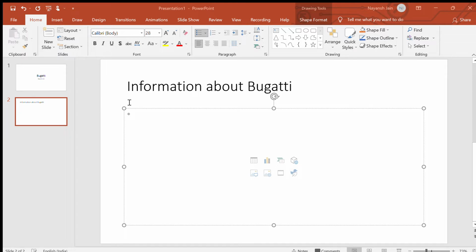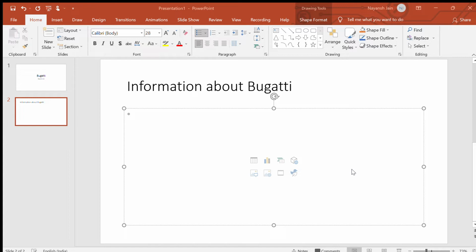Bugatti was a German, then French car manufacturer of high performance automobiles. So we will go on this. Let's go to Bugatti Wikipedia, and as you can see, much information came here. Let's take the first one only for an example. You need to select it, double click and scroll it down, and I need to select till here.